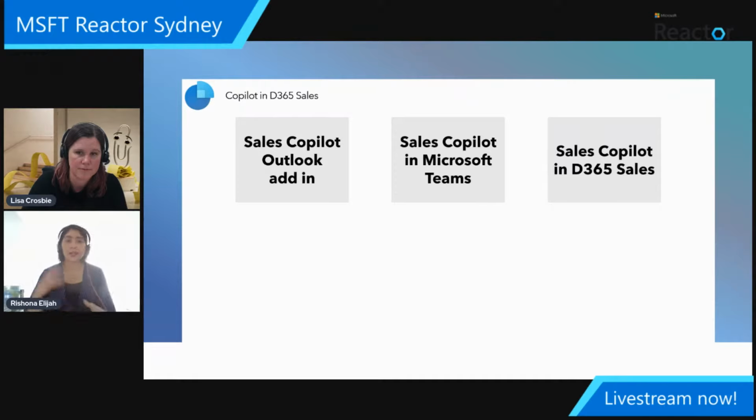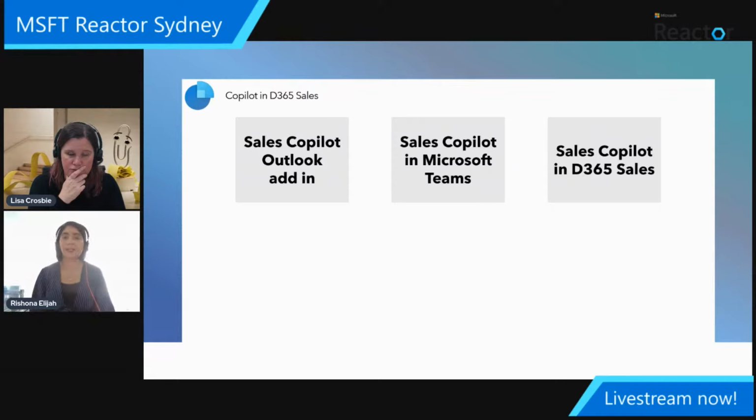It links to Dynamics Sales, of course, too. So if you've got contacts, or someone emails you who you haven't met before, it'll ask you if you want to add them in as a contact, and you can easily go and do that. So it's a direct connection to your Dynamics 365, but sitting exactly in Outlook. And you can even use it to compose replies for yourself. And like Lisa said, after you compose a reply using Copilot, you have the ability to copy it over and make whatever edits you want.